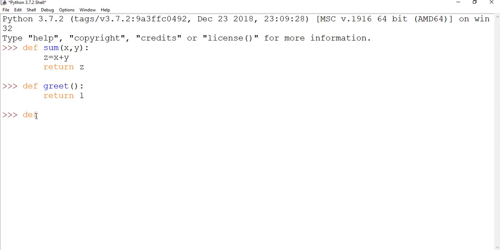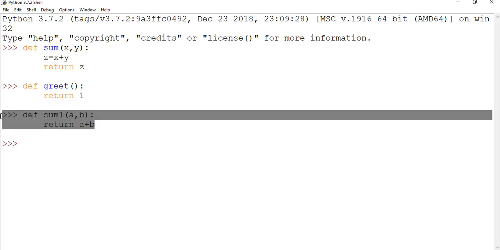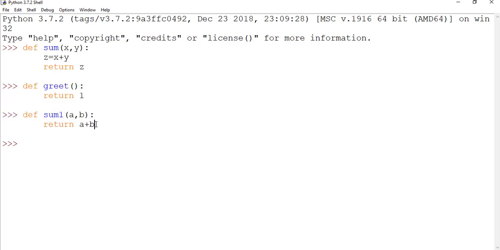This function is returning a literal, meaning a constant value. Similarly, a function can return an expression also, like we can write this function. So this is also an example of a non-void function. How is it different from the first function? In the first function, we are returning a variable. This function is returning an expression.